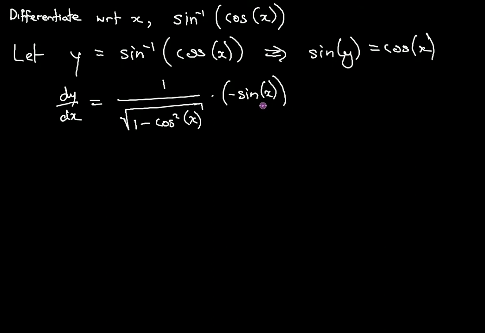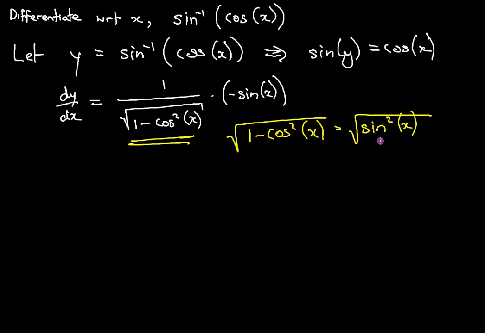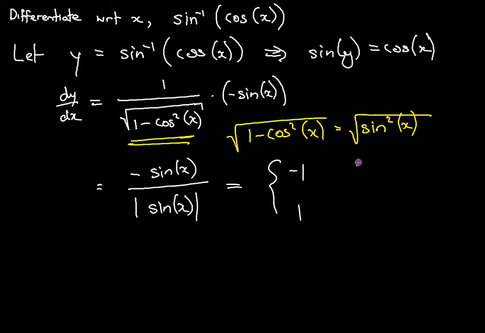So that's pretty cool, because now if I look at the expression in the denominator, the square root of 1 minus cosine squared of x, well, 1 minus cosine squared of x is sine squared of x. So if I take the square root, it's easy enough to see what I'm going to get. Actually what I end up with, there's a little trick here, is negative sine of x over the absolute value of sine of x, and this is going to be equal to either negative 1 or 1, depending on whether sine x is positive